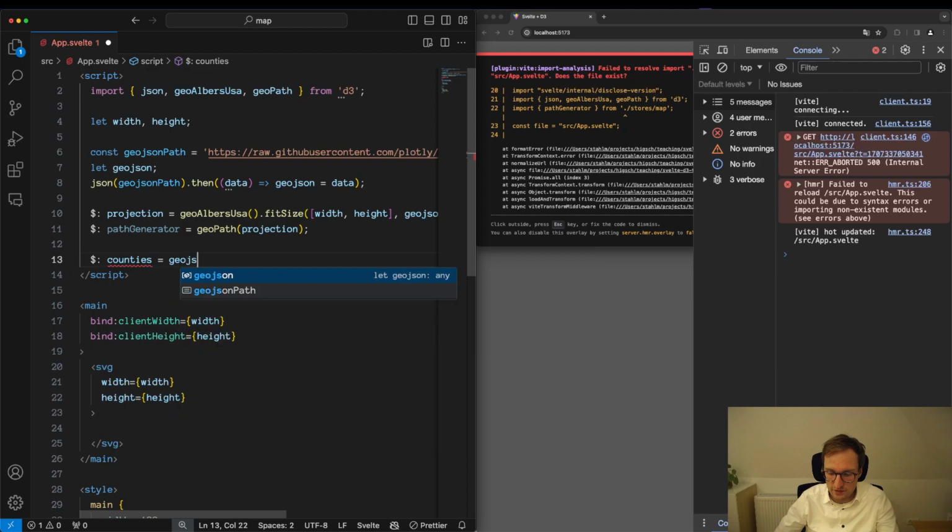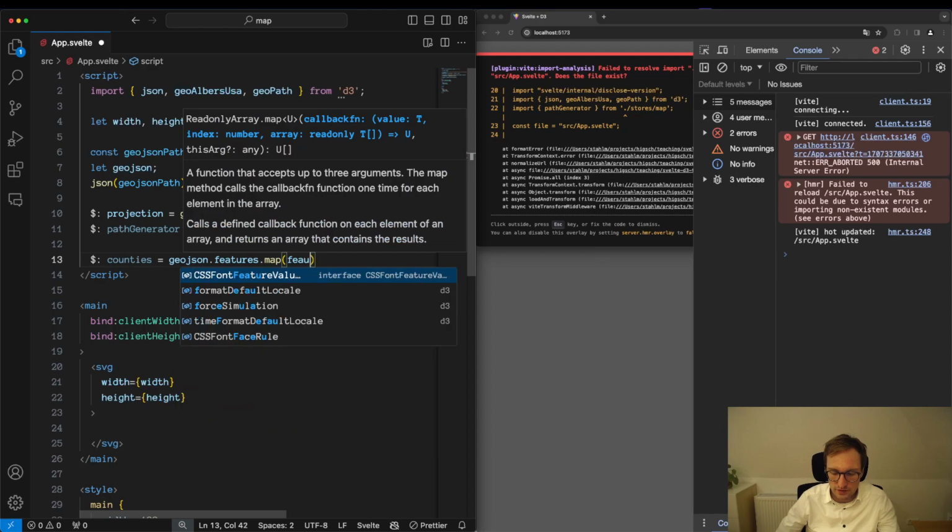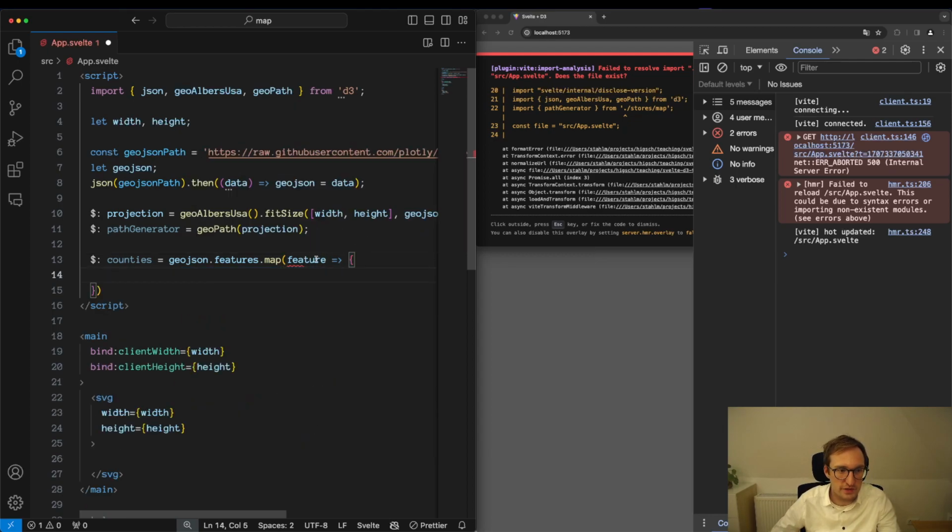So we take the GeoJSON, and within the GeoJSON there is this features array, and we iterate over these features, and you need to write them correctly like that. So we get these features,